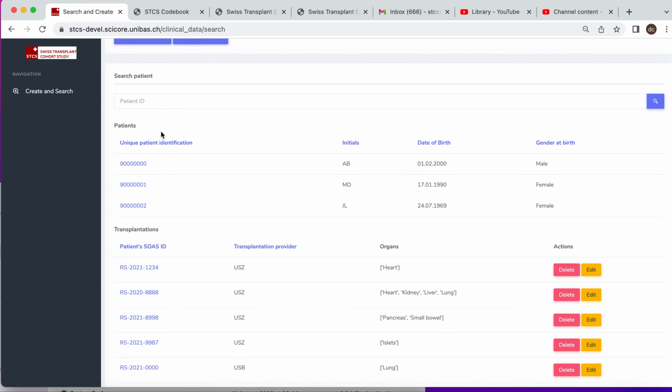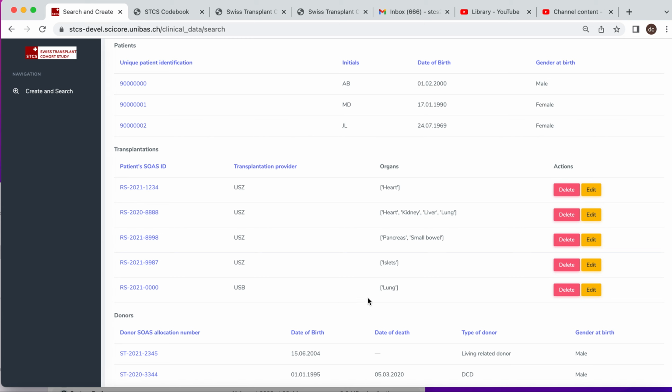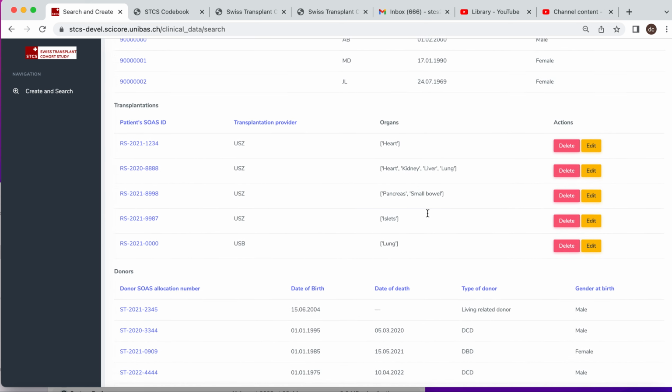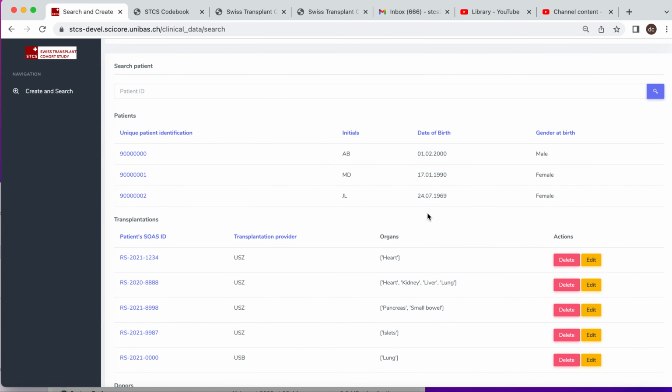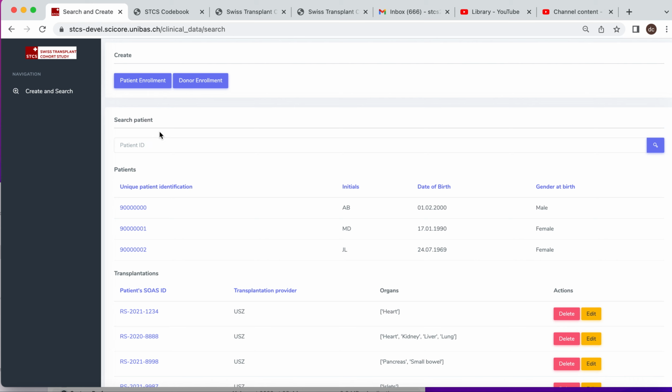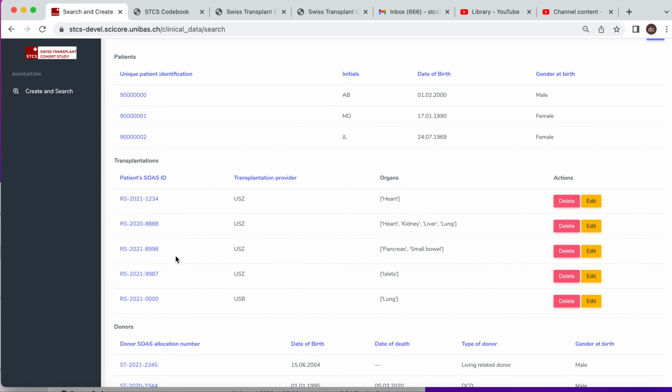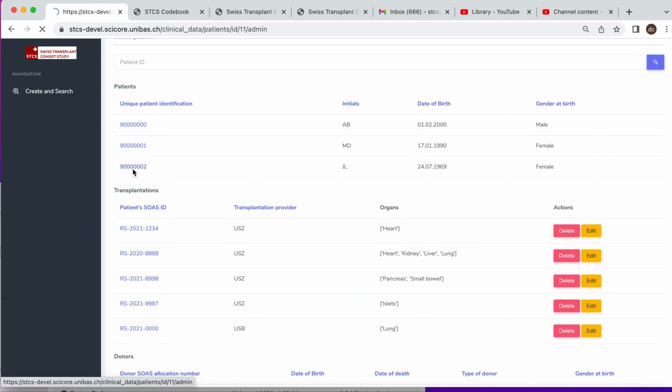You can see here the patients, and then the transplantations, and you can see that one transplantation can refer to only one organ or to multiple organs. Therefore, we have the patient level, the donor level, the transplantation level, and the organ level. If we select one patient,